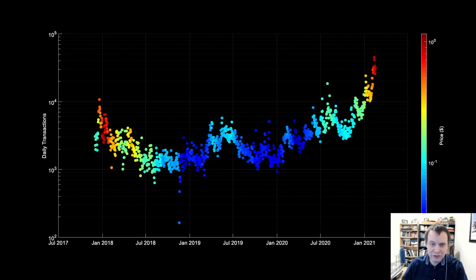This is an interesting one. This shows the number of daily transactions versus time, color-coded by the price. You can see the price hit its highest levels after the peak. And it's turned red now, not because it necessarily means it's the peak, but just because it's the same price that it was over here, which was the peak. If the price were to go to, say, $2, it will then shift the entire color code and make these not as dark.